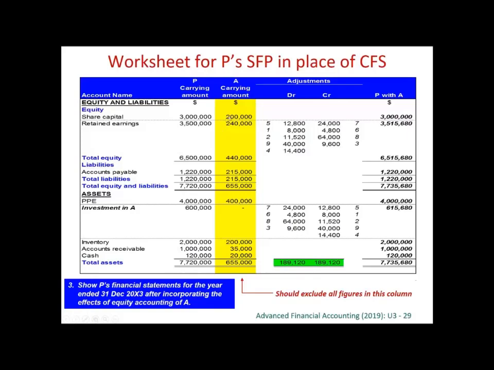So all these figures in yellow, in this column, will not be added. Strictly speaking, we don't need to include this column here, right? But for examination, very often in the answer template, we'll insert it, so that if you add them together, you get everything wrong. Okay? So only parent and subsidiary will be added together. 100% of the parent will be added with 100% of the subsidiary, and nothing for the associate.